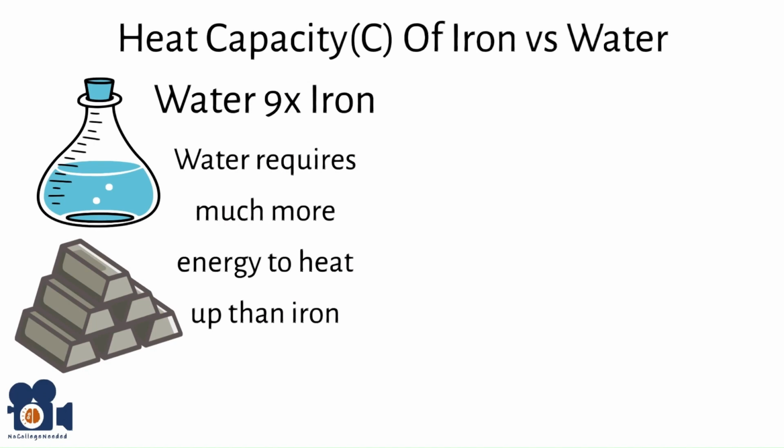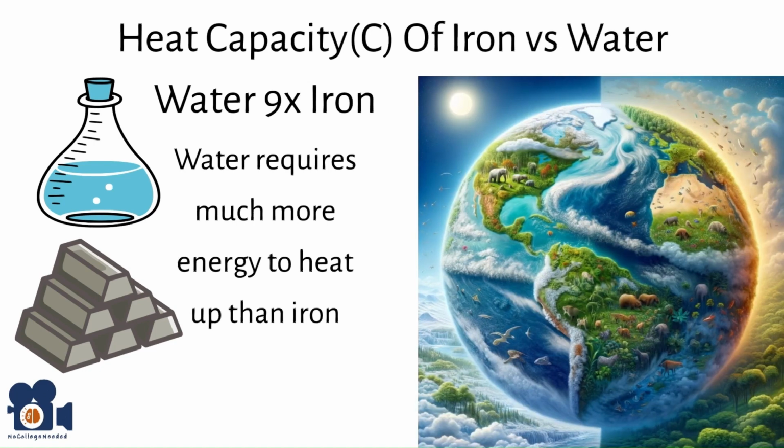Interestingly, the high heat capacity of water is one of the reasons that life on Earth is possible. The vast multitudes of it is what keeps the temperatures on Earth more constant than other planets because it can absorb the heat from the sun without getting extremely hot itself. Now back to heat capacity.